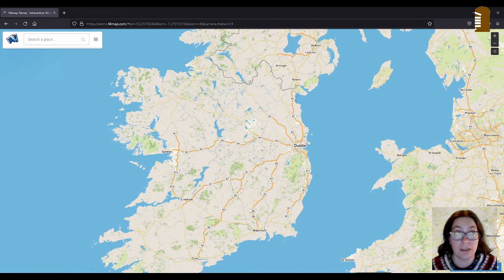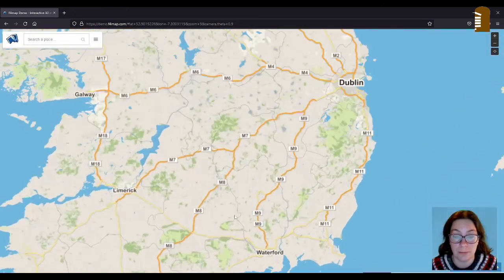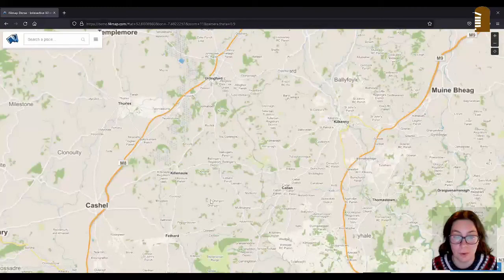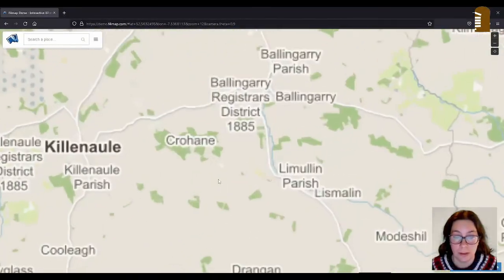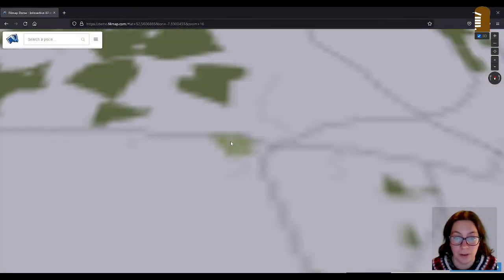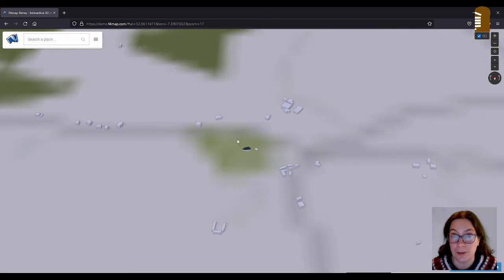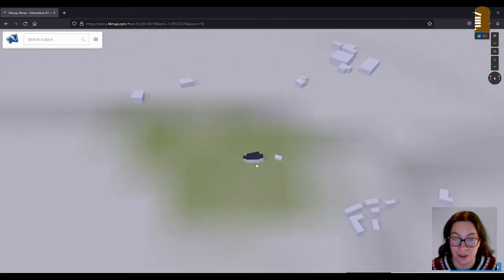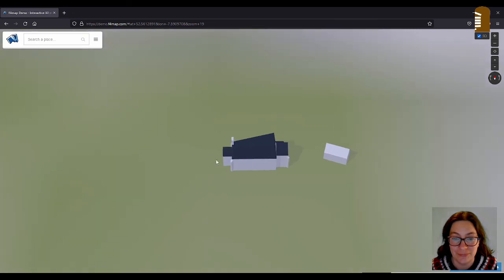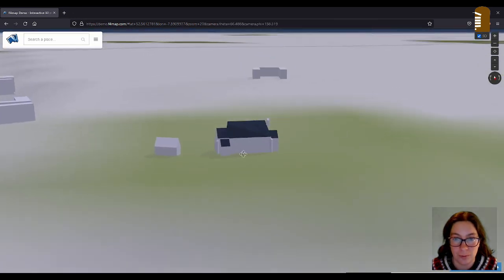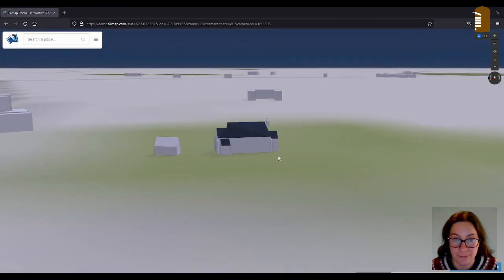So here we are on demo.f4map.com and I'm zooming in on Croghan, just here. Don't get your hopes up, so it doesn't look great, because I've checked already. So I'll just go the way one would approach it from the road.